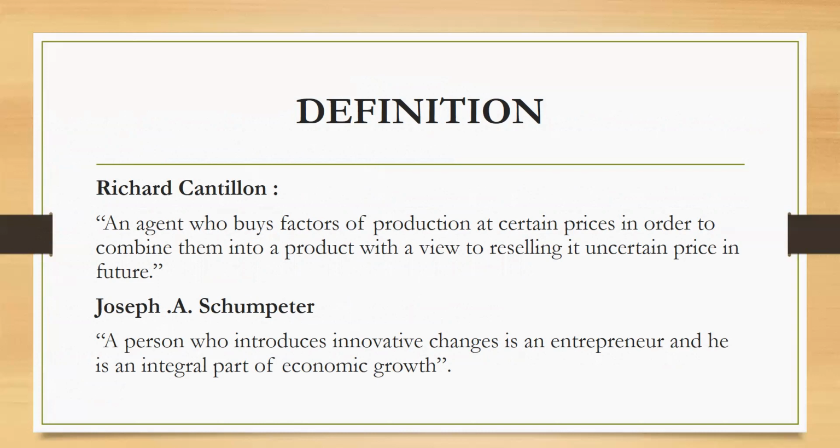According to Richard Cantillon, an agent who buys factors of production at certain prices in order to combine them into a product with a view to reselling it at a certain price in the future is referred to as an entrepreneur. The factors of production include land, labor, and capital. An entrepreneur buys them, assembles them, and creates a product and sells it for a profit. According to Joseph Schumpeter, a person who introduces innovative changes is termed an entrepreneur and is an integral part